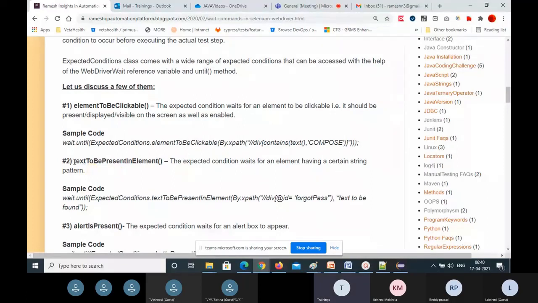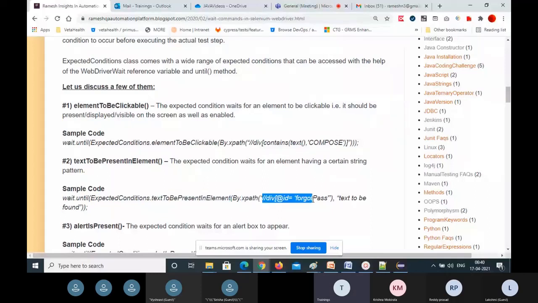Next one, text to be present in element. It will wait for the condition of whether the particular element has the specified text or not. So that is the text to be verified in a particular location. This is the syntax of wait.until(ExpectedConditions.textToBePresentInElement(By.xpath)).